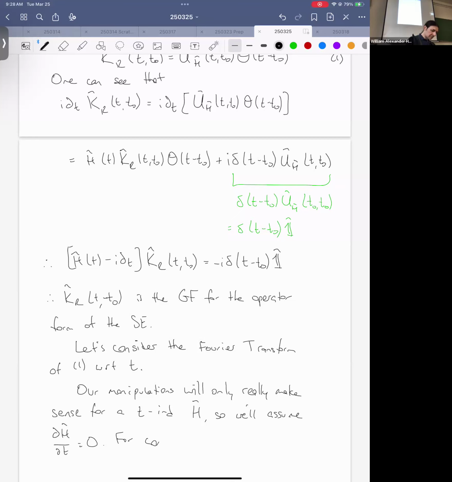And for convenience, because the system is time independent, there's a symmetry, time translation symmetry. We can set t0 to anything. So what do you think is a good value to set t0 to? Let's just make it 0 exactly. Life is hard enough as it is. Let's not make it harder for ourselves.